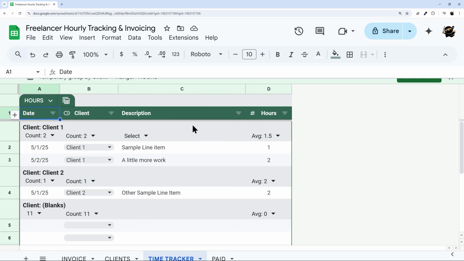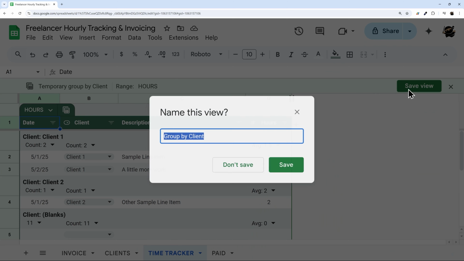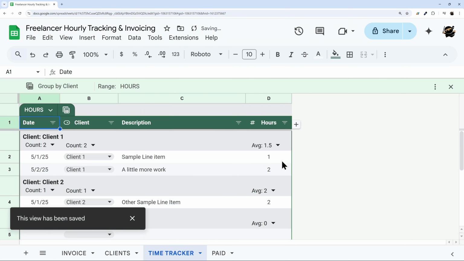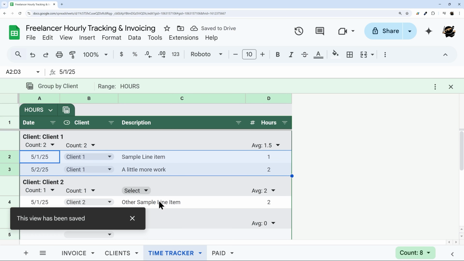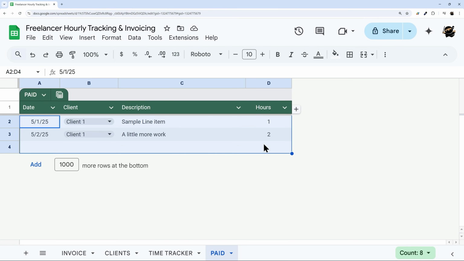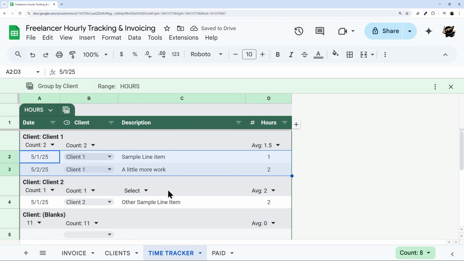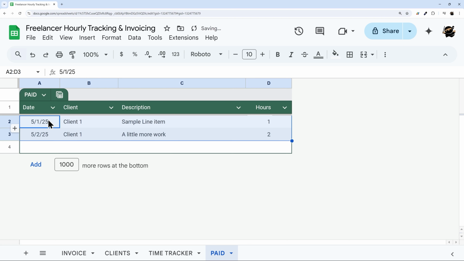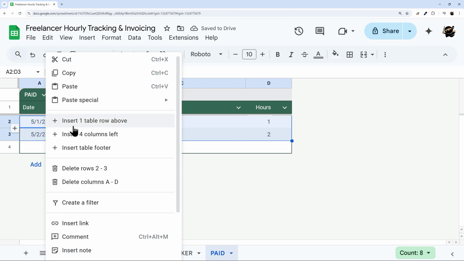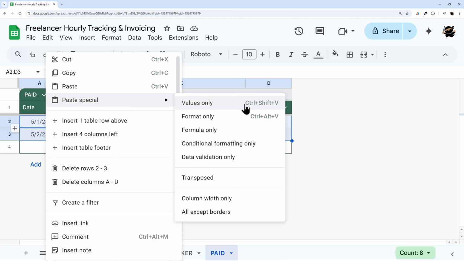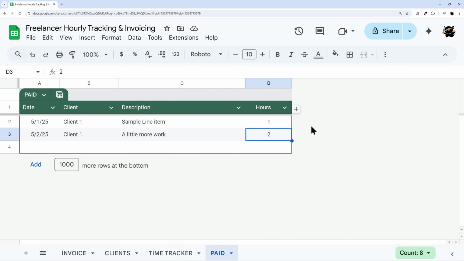And let's go to client. Then we can go ahead and save this as well, just like that. And so now we automatically group by client. So at this point, I come back over here and delete this real quick. I can take these, copy or cut again, and then paste these here. If I don't want those drop downs, because it did copy the first time, this time I did a Control-Shift-V,